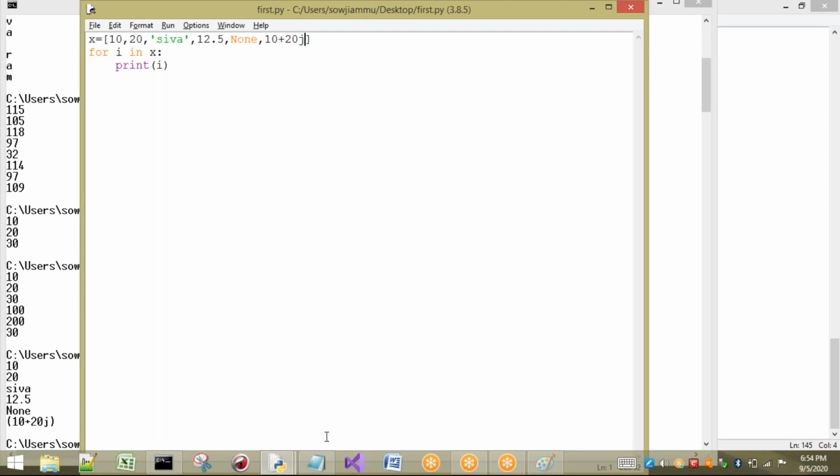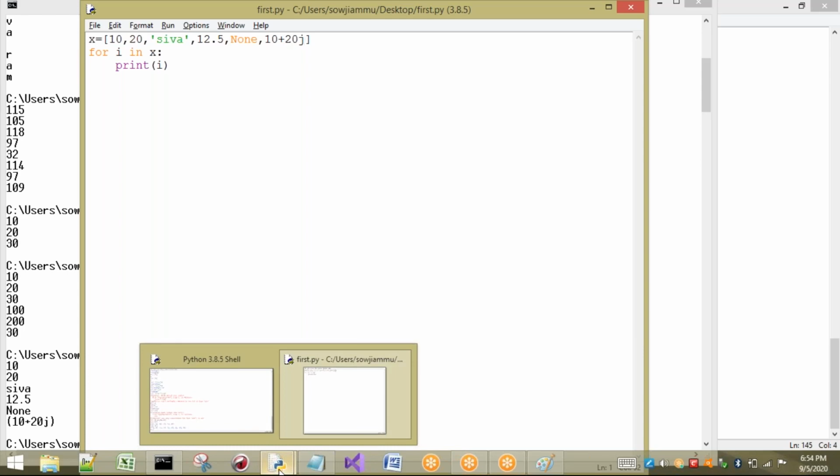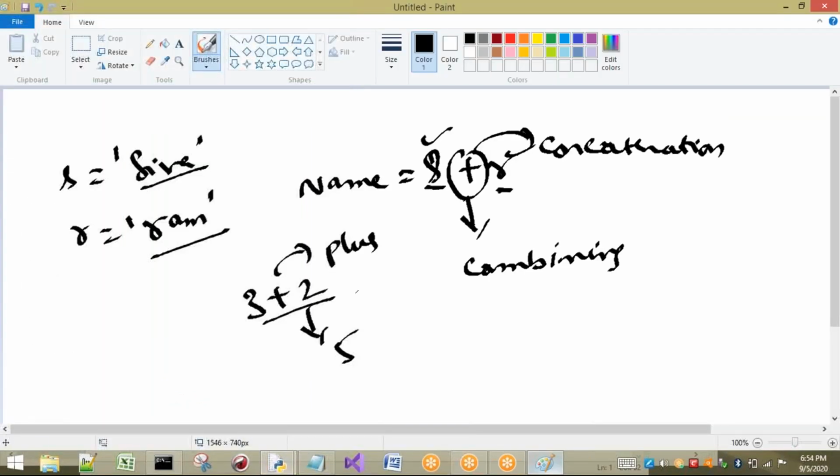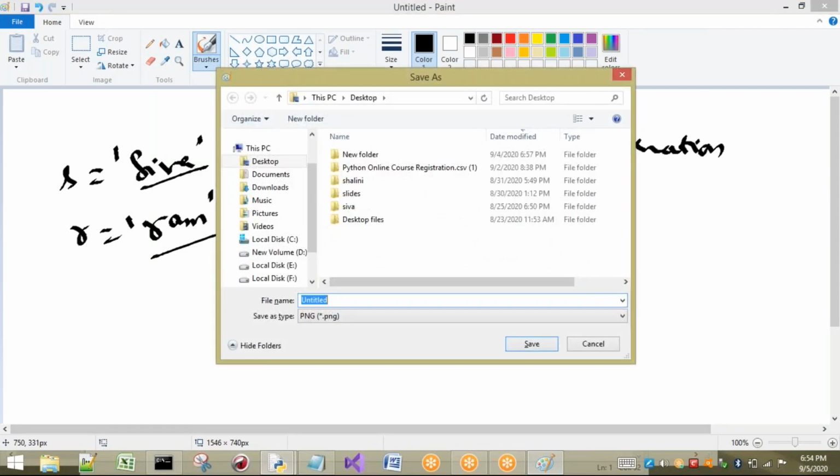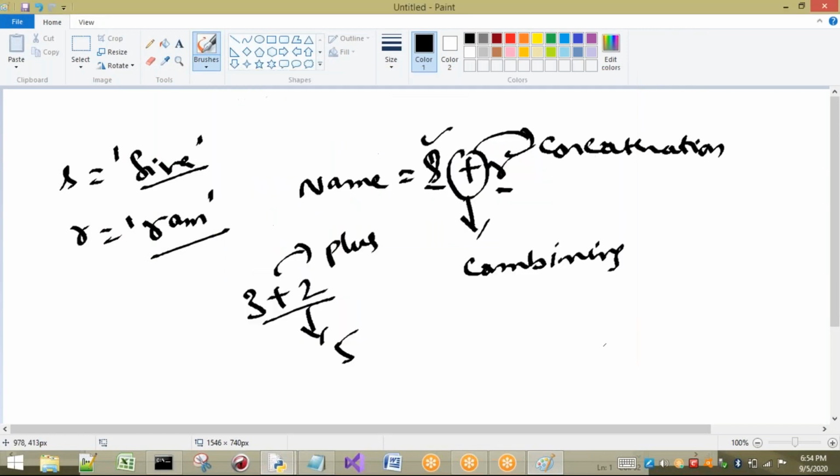Let us see once again, briefly, what the properties of a list are. The first property: if you want to insert a group of elements in some order, I have to go for a list. So the first property is that insertion order is preserved.